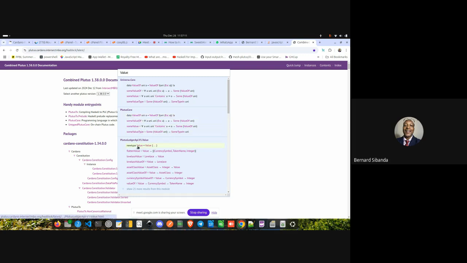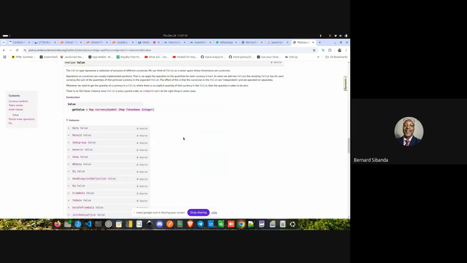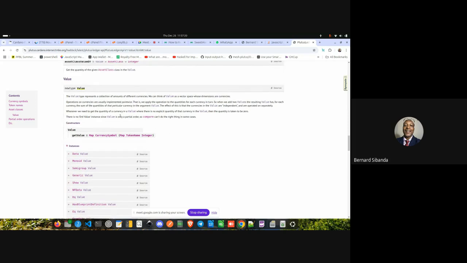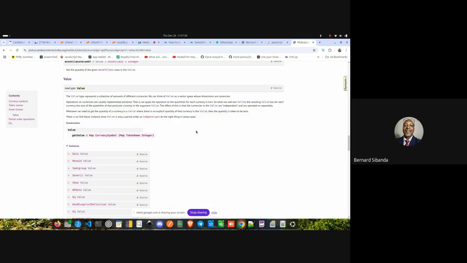There is newtype Value. Yes, they are creating value here. There it is. Here they explain what value is. Let's read it. But before we read this definition here, let's read the constructors for value.